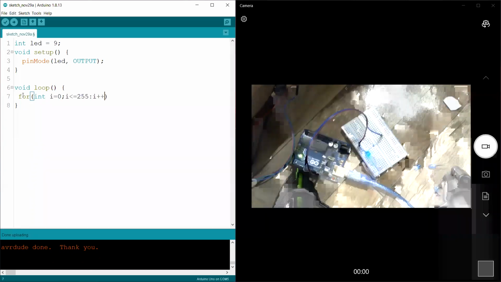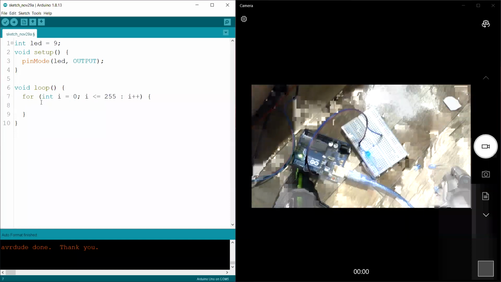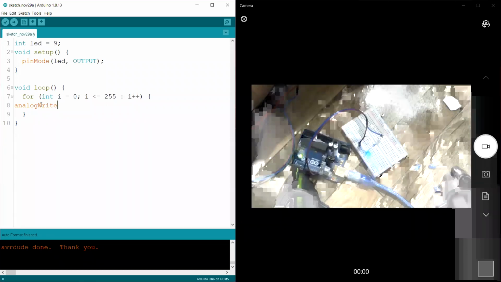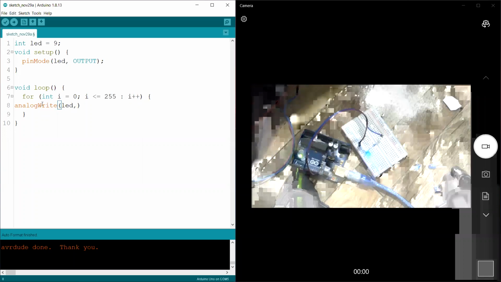I have already made a mistake. Can anyone notice there is a mistake about the pins? I am going to discuss that later. Yeah, the semicolon.